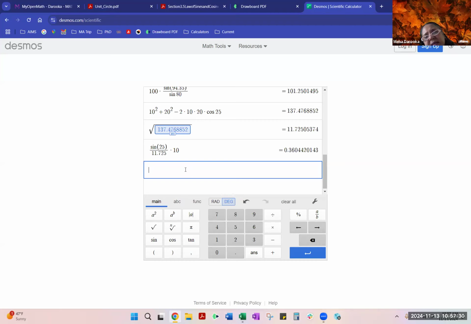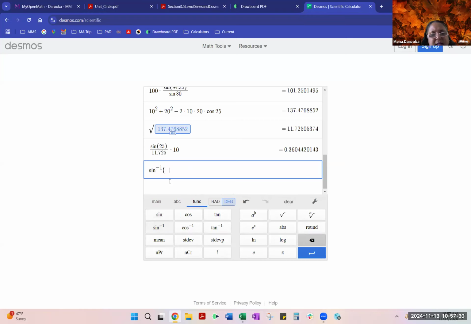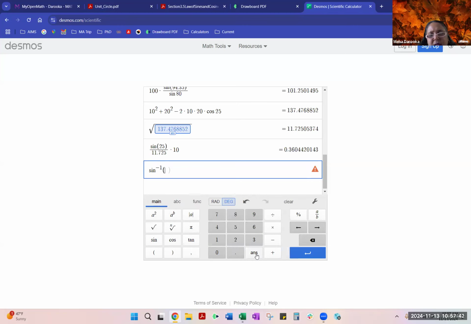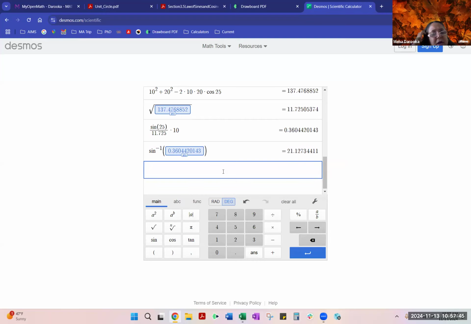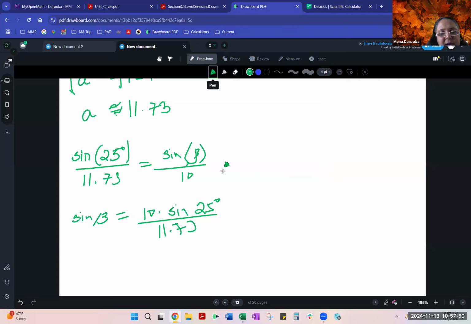Well, actually it will work, isn't it? Because it is between -1 and 1. And then when we do sine inverse on that, I think that should actually work out. There we go. That's what I was looking for. So when you do sine inverse on that, we will get our angle measurement. So beta is going to be sine inverse on that little tiny decimal answer, 0.36. I'll go ahead and write down all the digits later. But our angle measurement is coming out to be